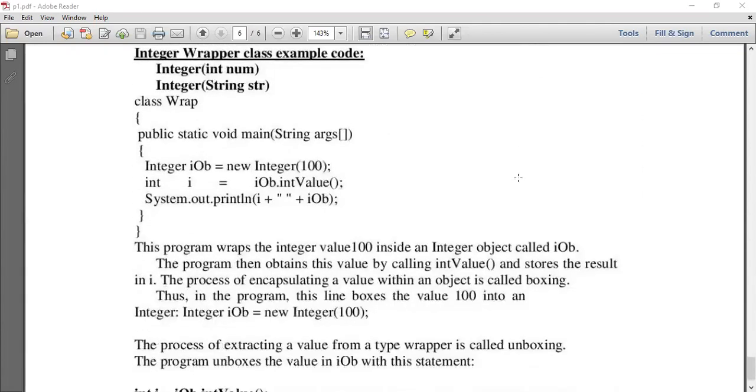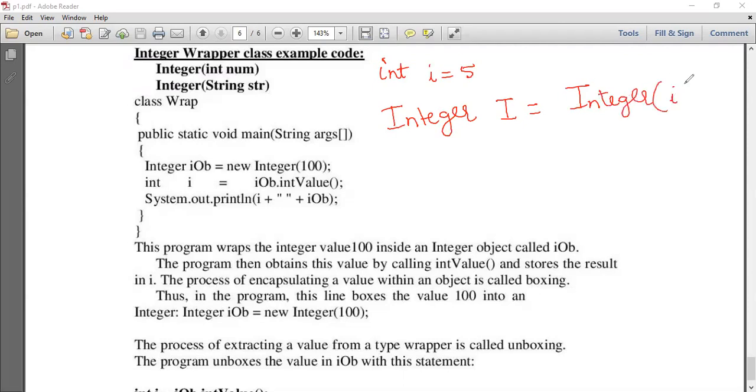Similarly, we have an Integer wrapper class. Integer wrapper classes are used to wrap the integer value. Suppose a primitive integer value is like this: int i is equal to 5. The same thing can be wrapped using the wrapper class Integer. Let us give the name capital I is equal to Integer of small i.